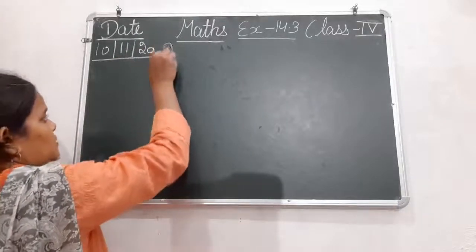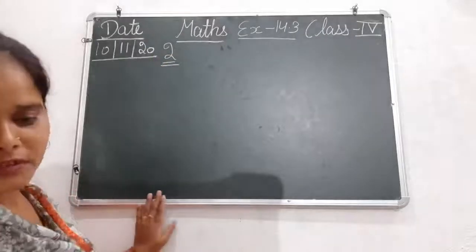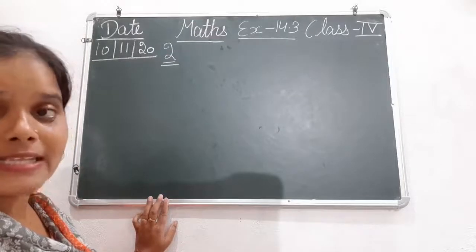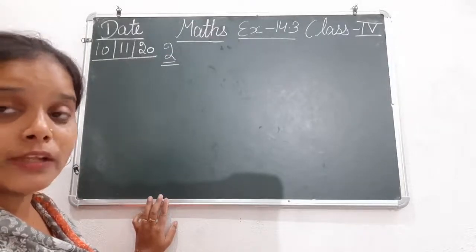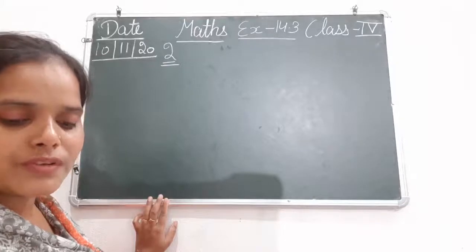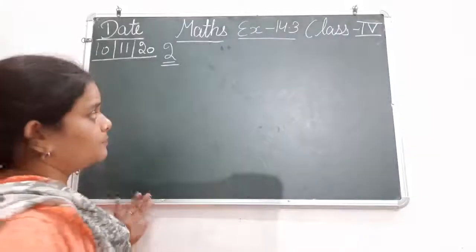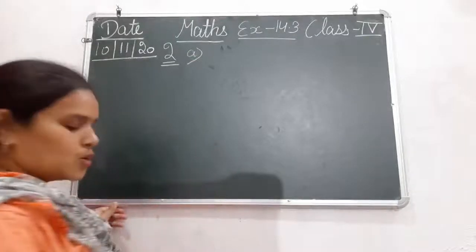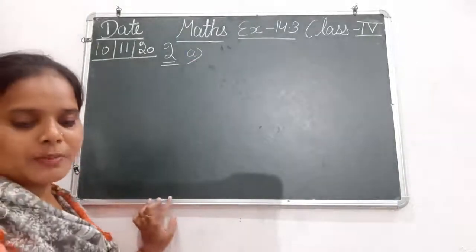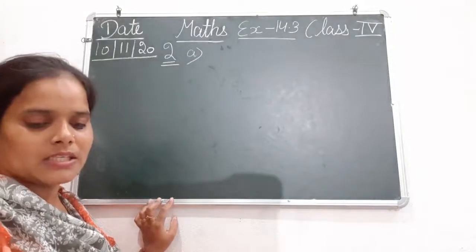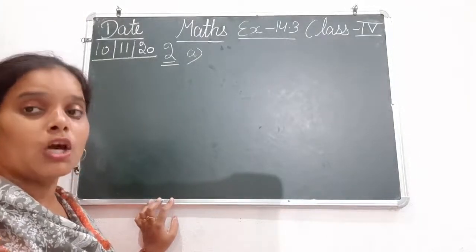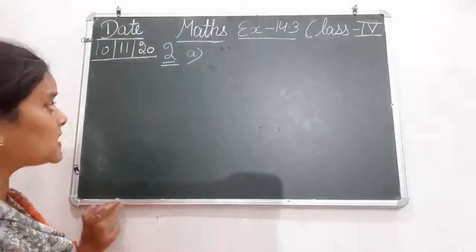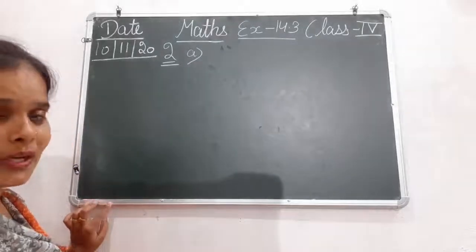So the question number is 2. Okay, so class देखिए, find the perimeter of the triangles whose sides are. तो यहाँ पे triangles जिसको बोला है तो वो 2 parts हैं, उनकी बात हो रही है. So first of all we are going to start with the A part. In the A part, the measurement of the triangle is 16 centimeter, 16 centimeter and 16 centimeter. So that means तीनों की तीनों sides क्या हैं? Equal. So all the 3 sides of the given triangle are equal.